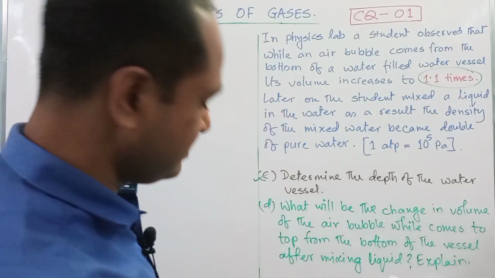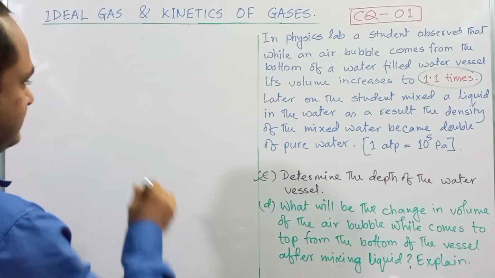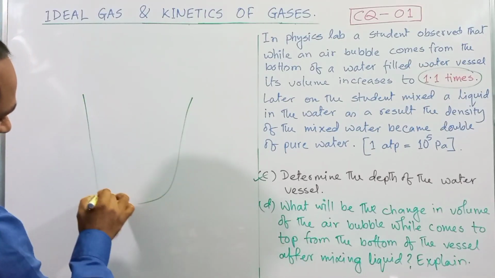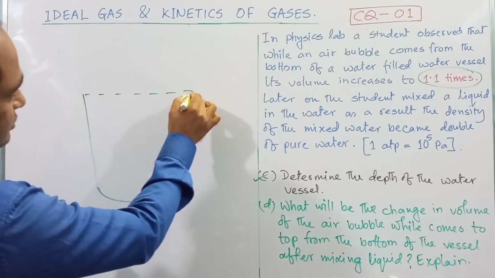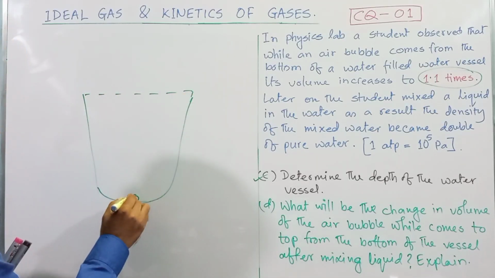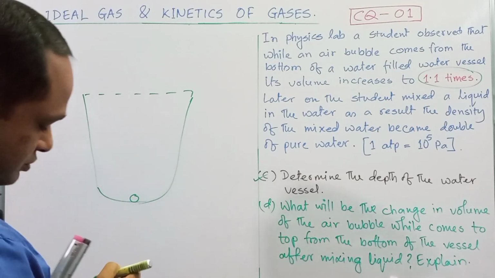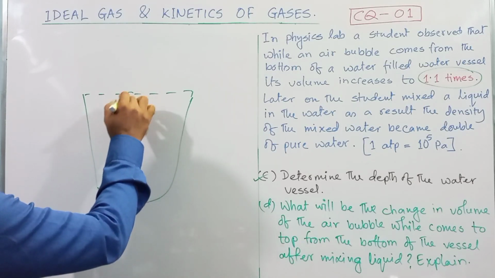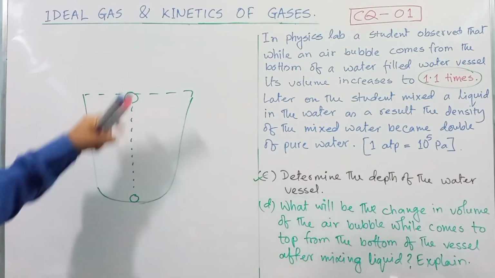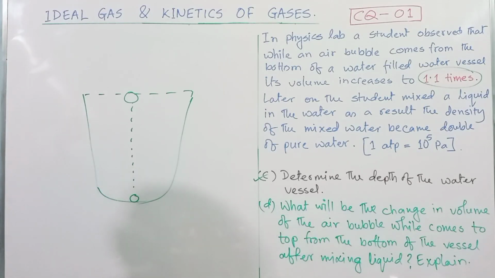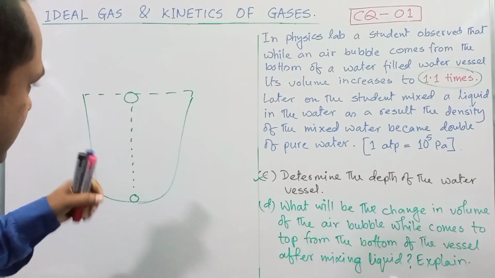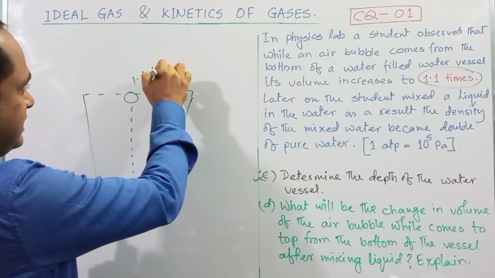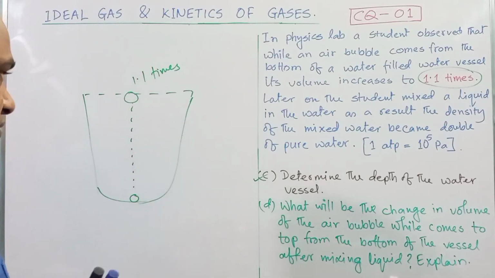Dear student, we can consider the situation like this figure. Suppose here is a water vessel, filled with water. When an air bubble remains at the bottom of the vessel and is released, it comes to the top of the water vessel. When it comes to the top, the volume of the air bubble increases to 1.1 times the previous volume, because